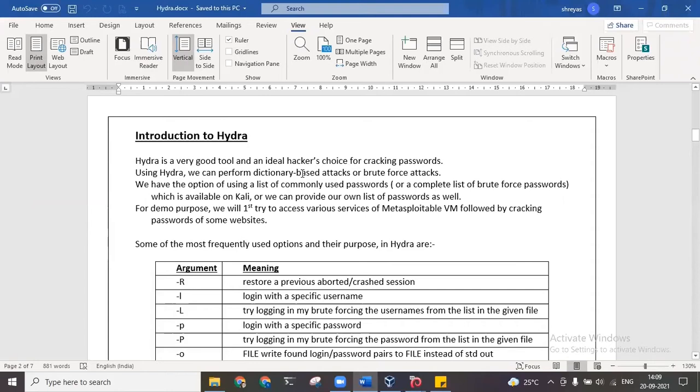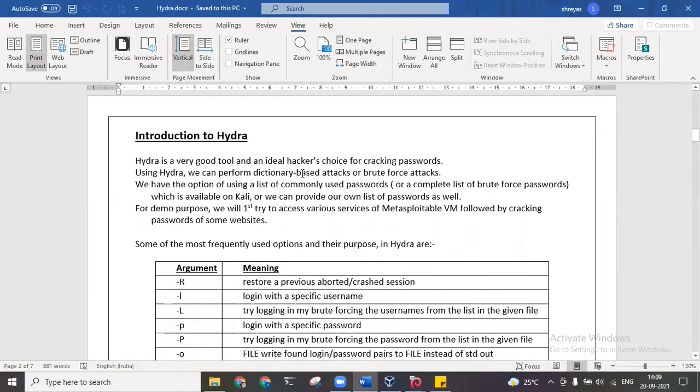Before starting this video, please keep in mind that this is just for educational purposes, and please do not try this technique on any normal website, otherwise it can land us in serious trouble because it is illegal. Only use this technique to crack the passwords of those systems or websites which are meant for testing purposes or educational purposes, like the one I will be using in this video. Please do not perform this technique on any general website, otherwise it can be a serious issue and it is completely illegal. So to start with the video, here is a brief introduction to Hydra.